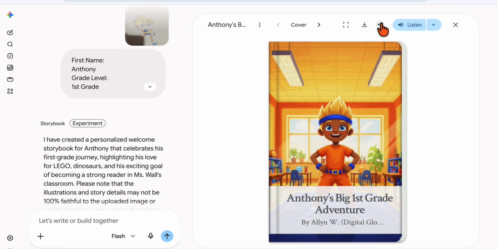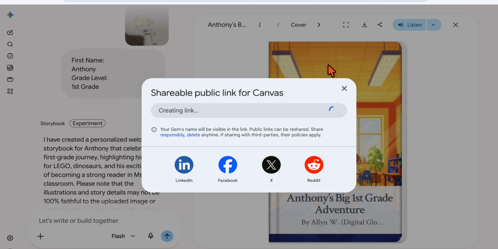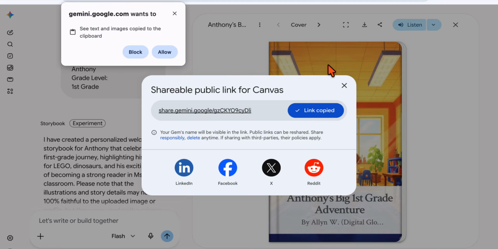Now, you have a share link. So you can copy. And what you would do is you would take this link and you would share it with the parents, or you can use this link to create a QR code, and you can create a QR code display in your classroom that will have all of the links to the students' books. So let's go here. I'm going to copy this link